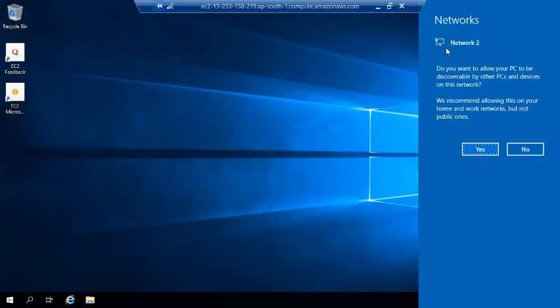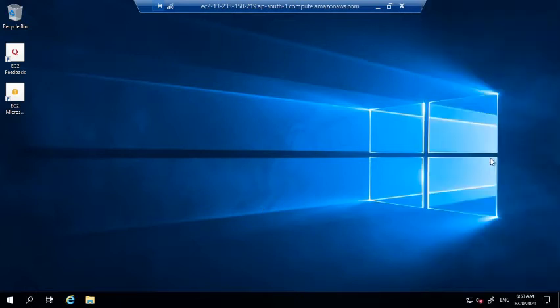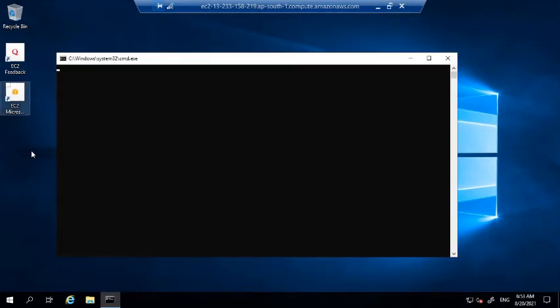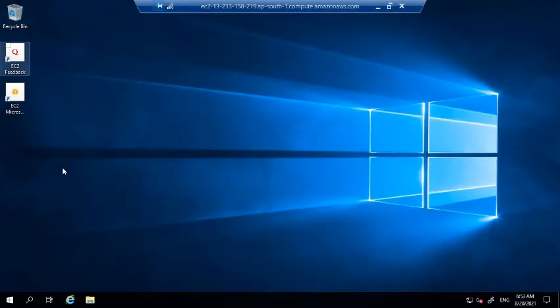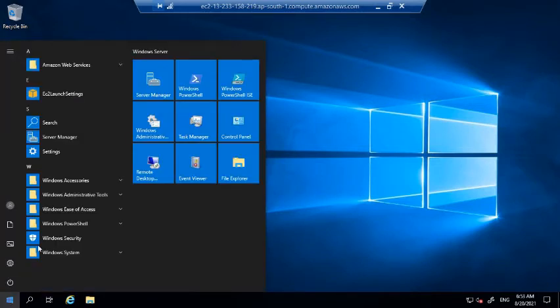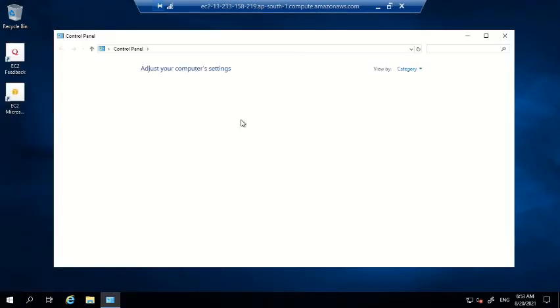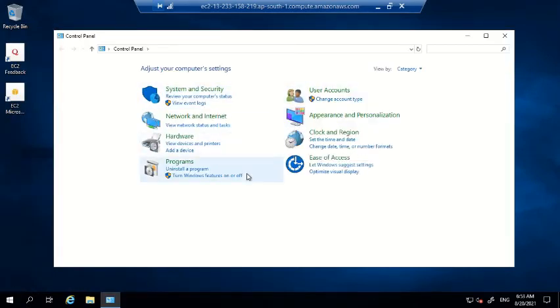So let me just connect it to our internet, and yes, okay. So we have connected it to the internet, and as you can see, everything is here. That's our command prompt. Okay, so this is our control panel. Everything is same as Windows. It's just another computer which is stored on cloud in the data centers of Amazon Web Services, which have offered you 30 GB of free space for this.